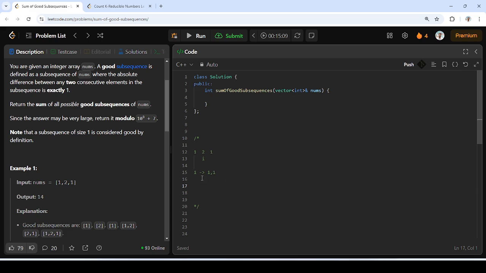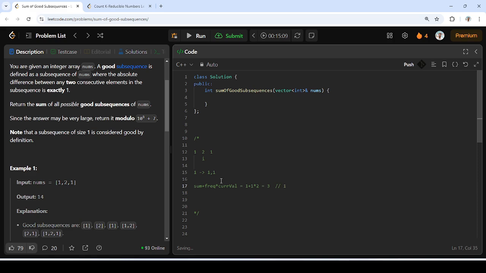I can only add 2 to this sum one time because there is only one frequency. So I'm basically saying sum plus frequency times the current value, which is 1 plus 1 times 2. That will give me a value of 3,